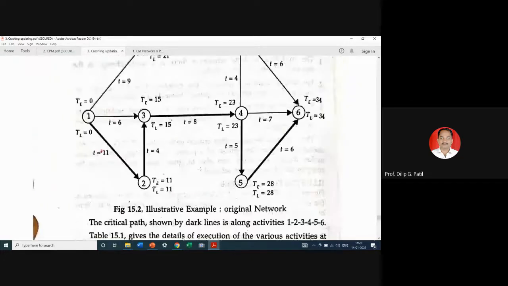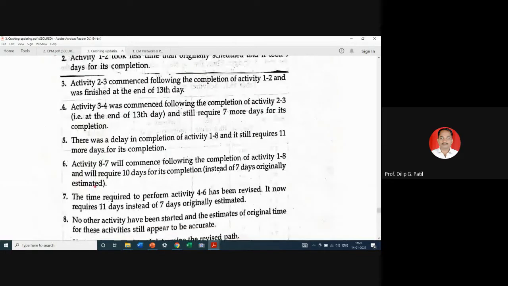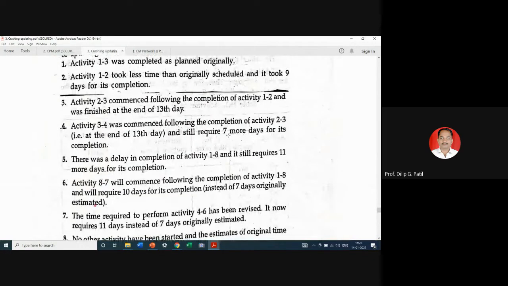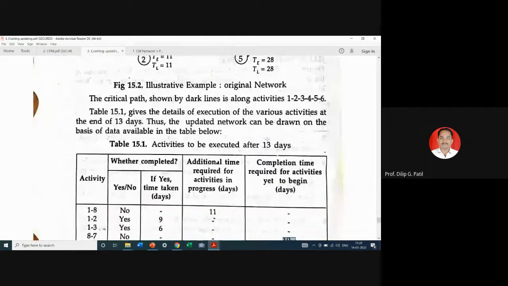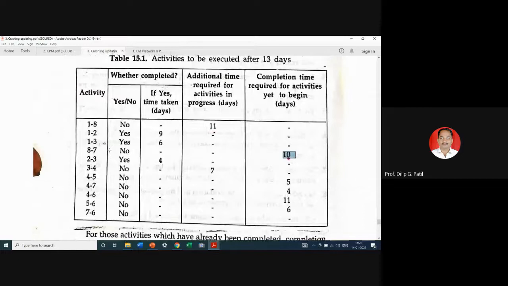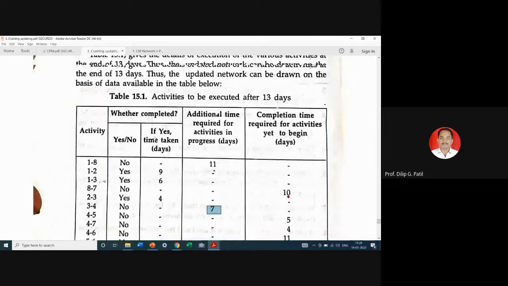So next condition is 7 more days for its completion. 3-4 च्या पुढे आपण 7 लिहिलं. 3-4 च्या पुढे 7 लिहिलेलं आहे. Next part is